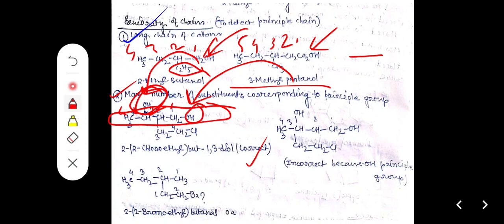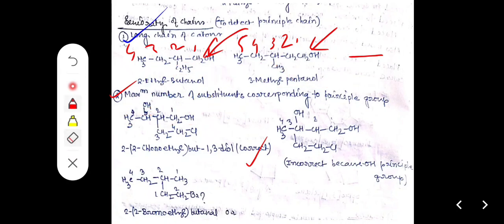If in one chain the maximum number of substituents is present and in the other chain the minimum number, we have to consider the chain with the maximum substituents as the main chain or principal chain. So for this case we use 2 hyphen, at the 2 position, this CH2Cl as a unit. So 2 hyphen in small brackets, the unit is written, that is 2-chloroethyl, then bracket close,